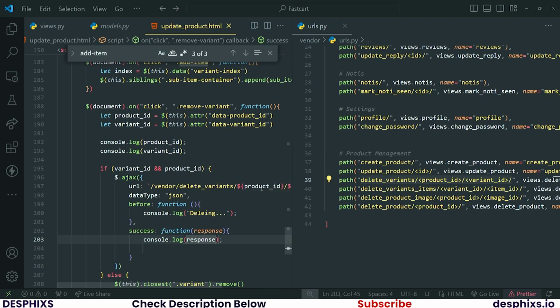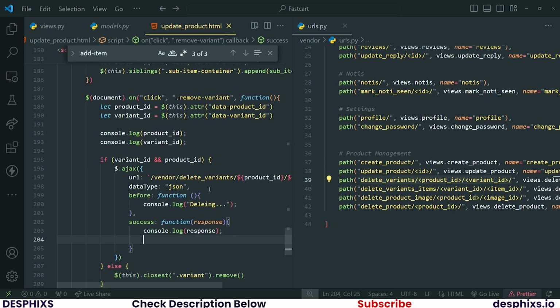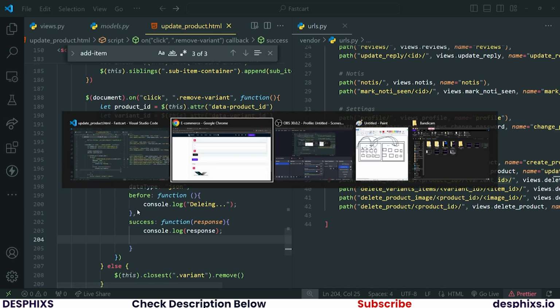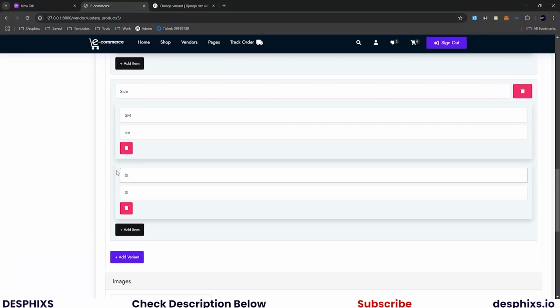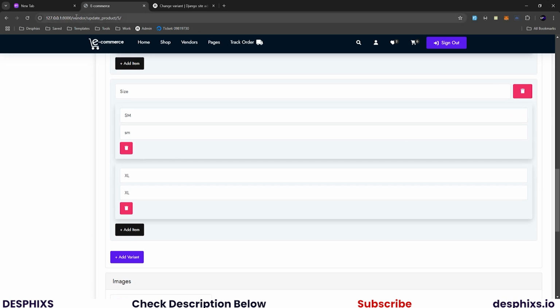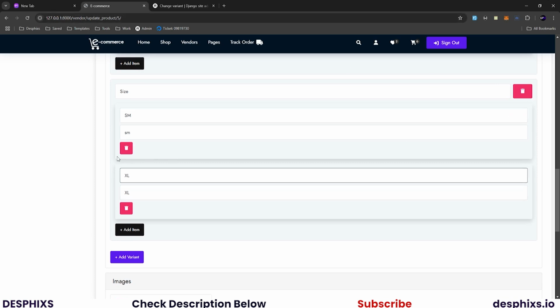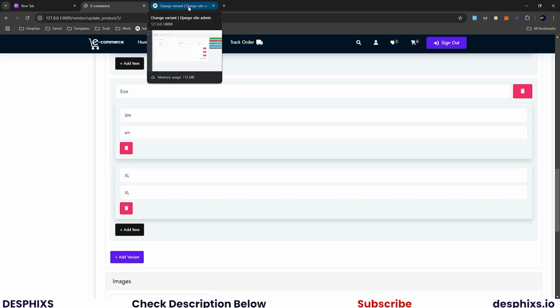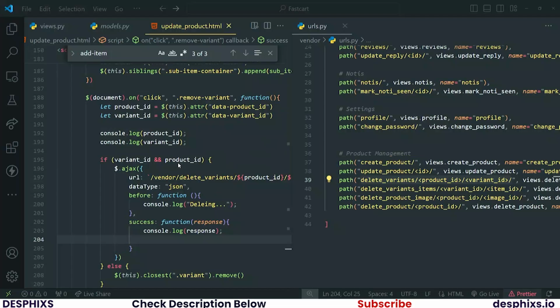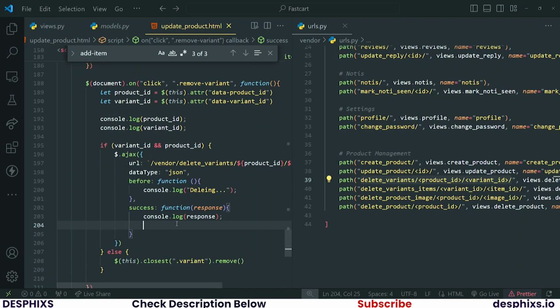The most important thing is to firstly log the response, see what we are getting. And after that, we need to go ahead and remove the div. So to remove the div from here, when we delete from the database, we just tweak the UI to hide the div. Because once the div is hidden, the next time a user reloads the page, the div will not be shown because it has been removed from database. It's just like a way around removing items. Okay. So to remove the div, you need to say